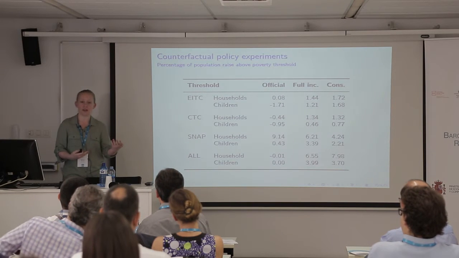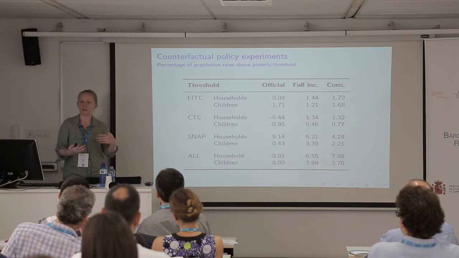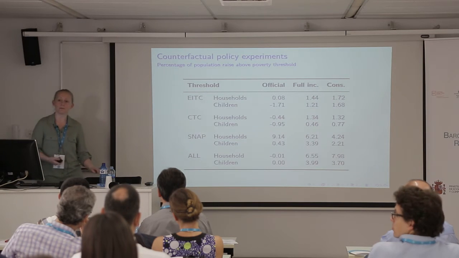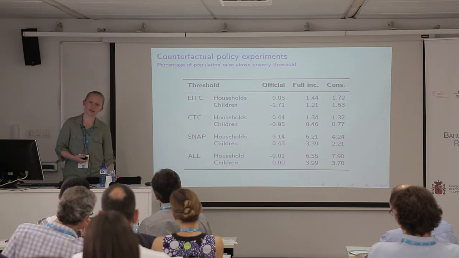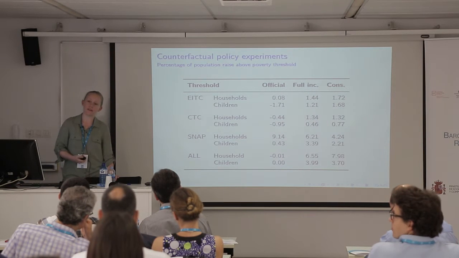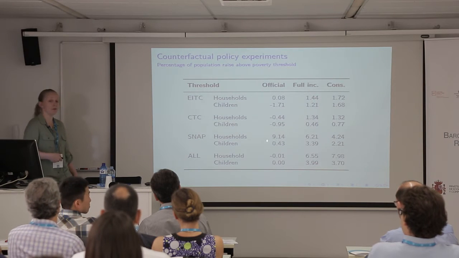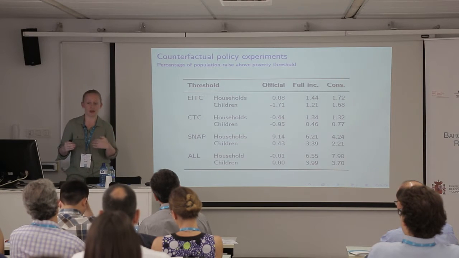So when you introduce, I think the EITC, there are obviously labour supply effects there. But is one way to read this to say, if you apply your methodology for moving in and out of poverty, but with their measures of who's in poverty, is that the official column? So the official column is based on the model. So it's basically the official poverty measure, asking in my simulations how many households are brought out of